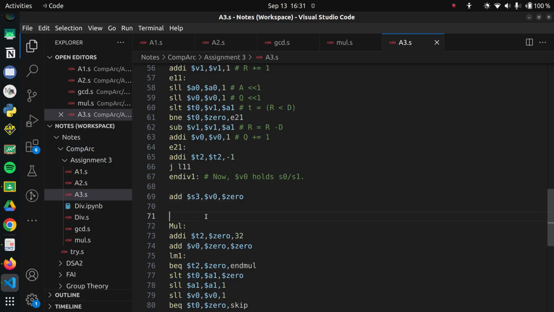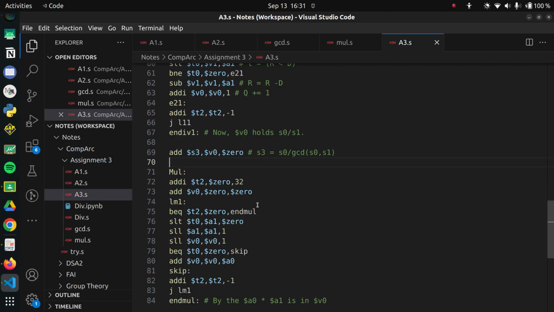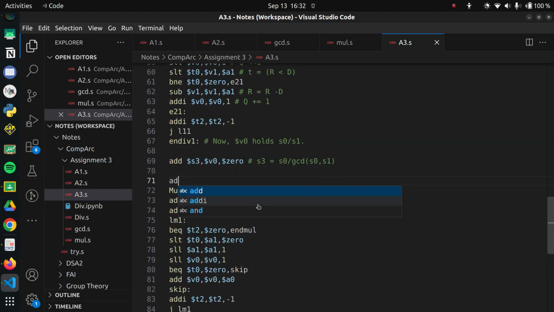Okay, sure. And then we want to multiply. So just set S3 equal to S0 by GCD of S0 S1. Now we want to multiply this thing by S1, right? So once again, multiplication, what it does is whatever is in A0, A1, it does that. So add immediate or add. So in A0, what we want to put is